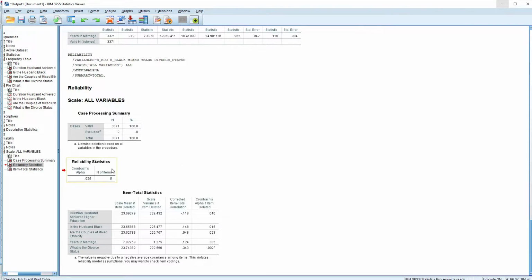However, if the reliability is above 0.7, the data is reliable and you can progress with the analysis. Checking on what is affecting this, that is why I selected Cronbach's alpha. If the item is deleted, you find that the divorce status has a Cronbach's alpha of negative 0.02. This is completely unacceptable. And only years in marriage is considerably high, 0.305, meaning the whole data set is not